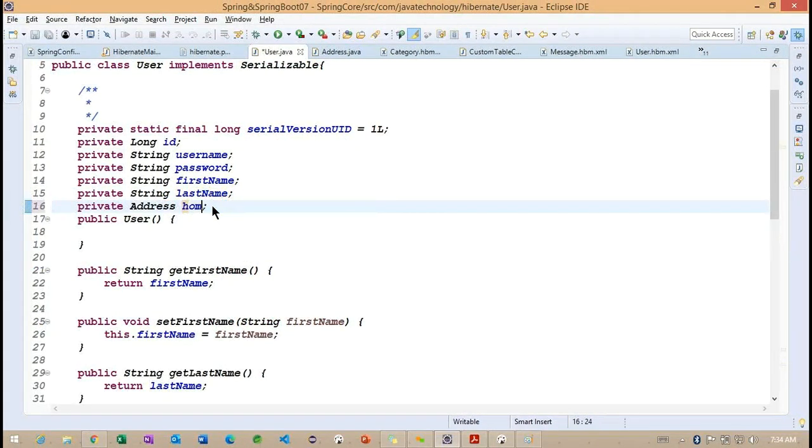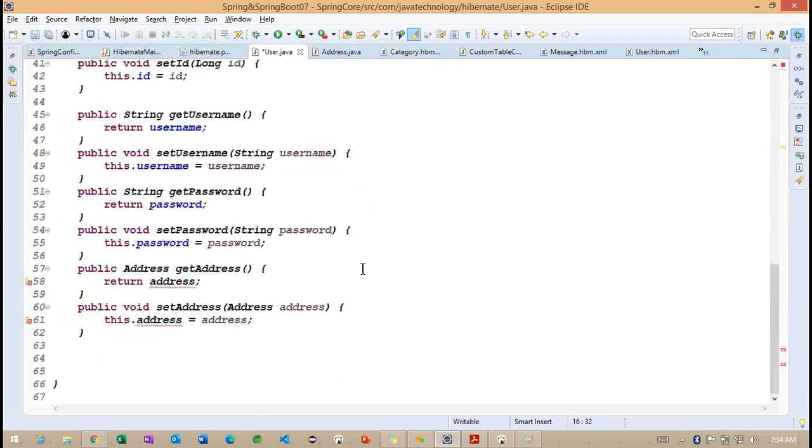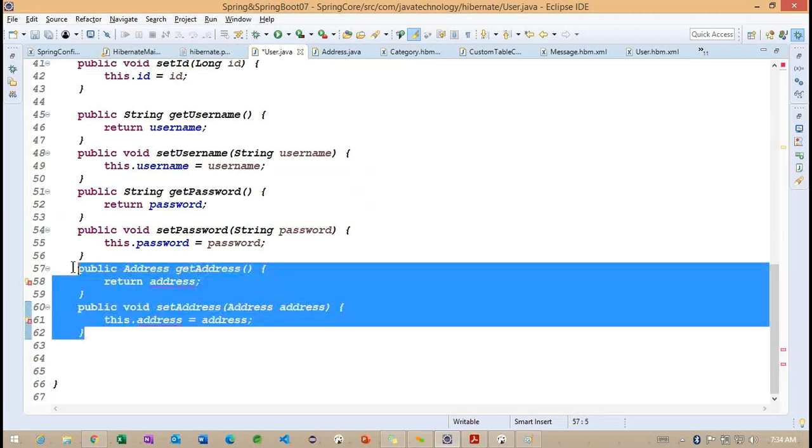So instead of address here, home address I want to change.